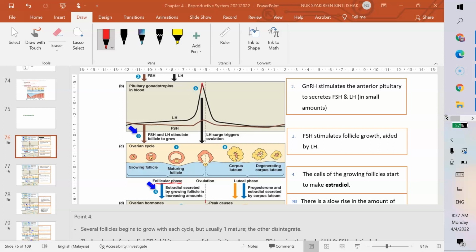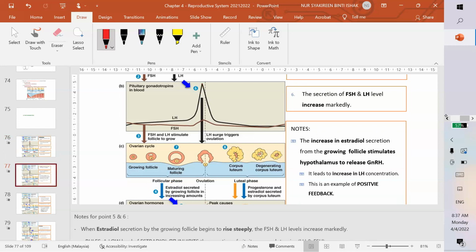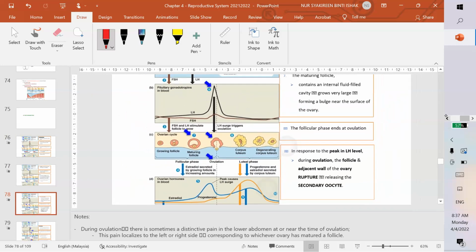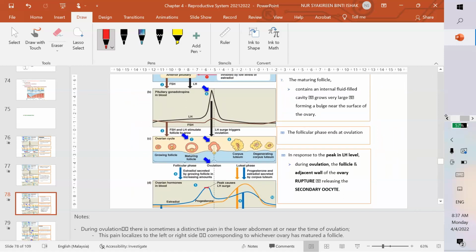Boleh. Kalau estrogen pun boleh juga, macam awak jawab tadi kan, estrogen if you look at the graph, as the follicle grows, lebih banyak ada follicle cell, so lebih banyak juga estrogen yang akan diriliskan. Tapi bila dia masuk kepada luteal phase baru akan ada progesterone punya amount yang akan meningkat. Okay, so estrogen punya kuantiti lebih banyak semasa follicular phase ni sebab follicle cell lebih banyak untuk menghasilkan lebih banyak estrogen, berbanding dengan progesterone. Okay, so thank you